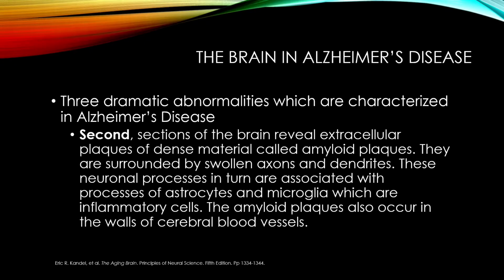And then, of course, the amyloid plaque also occur in the walls of the blood vessels in the brain. So not just in the tissue of the brain itself, but inside the blood vessels, you have these changes going on, the amyloid plaque accumulating. And we already know that in just your general health, they tell you about cholesterol and how they can form plaques. Well, in the brain, it's your amyloid plaques that actually start forming in the blood vessels in the brain.